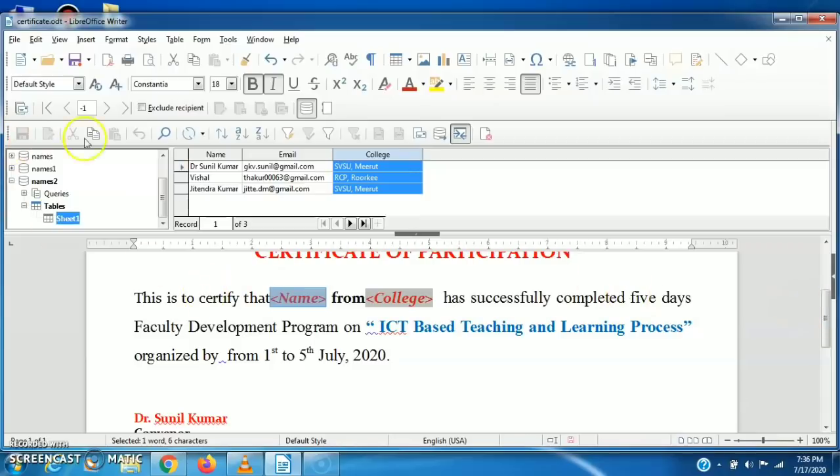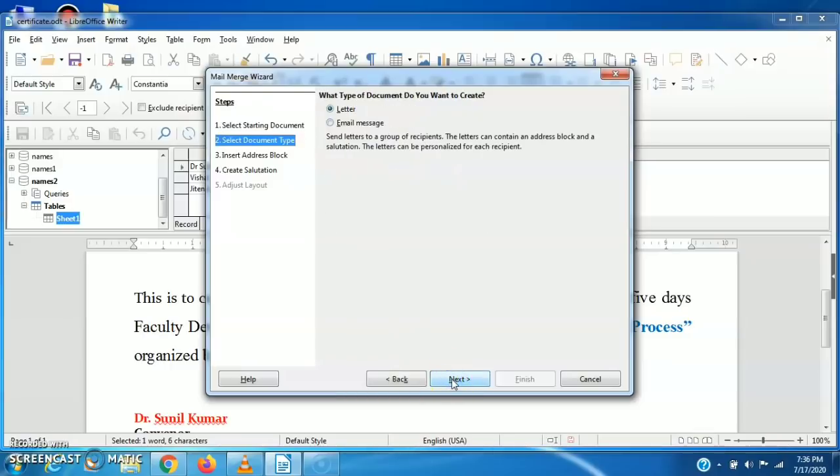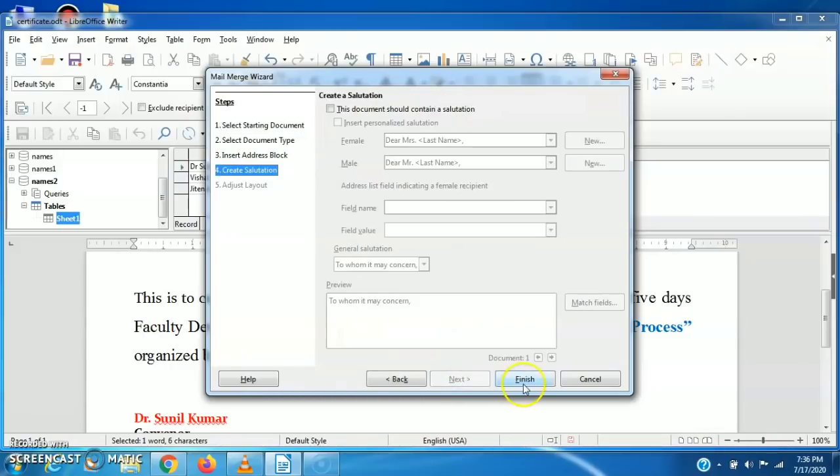Now in this row we see these options. This is the mail merge option. This is data source. This is current document on off. So we will click on this mail merge option, then a row will be activated. If I click on this, then this pop-up appears. Simply click next, next, next and finish.